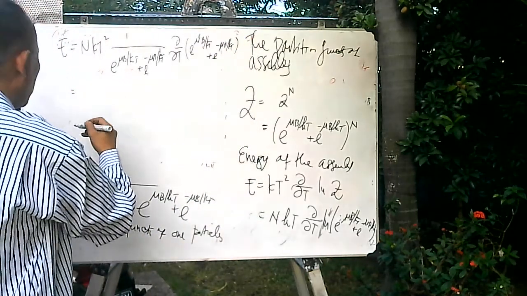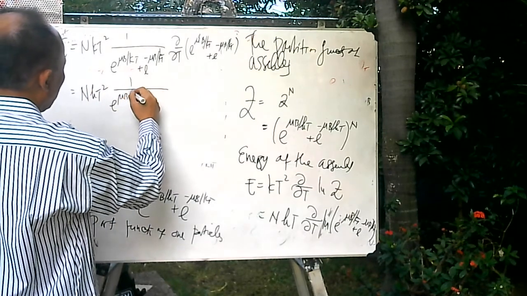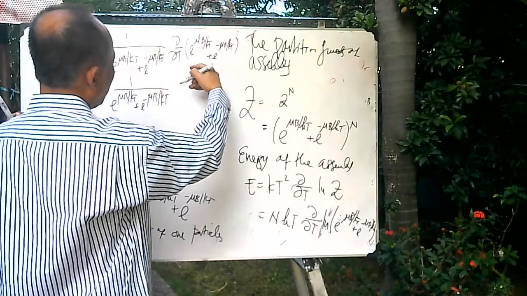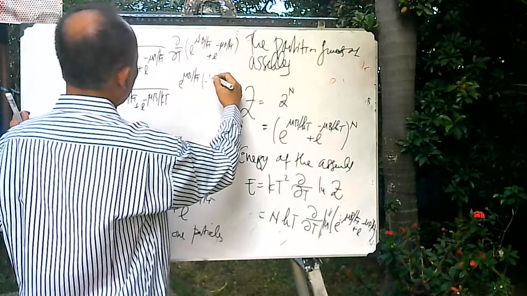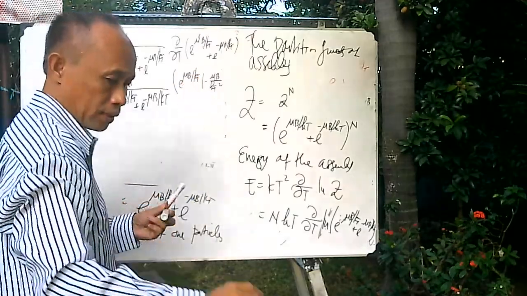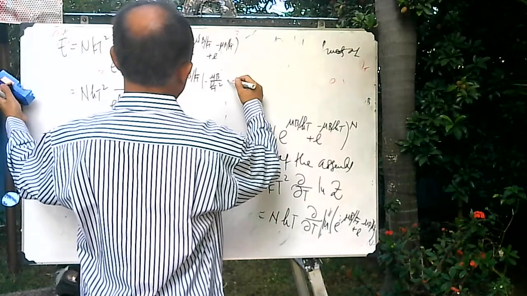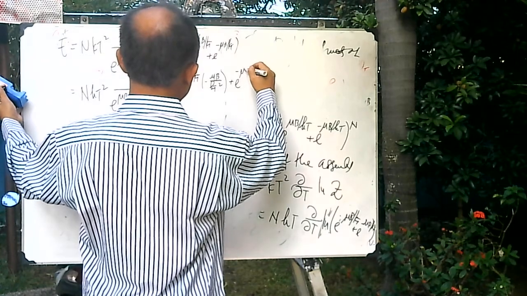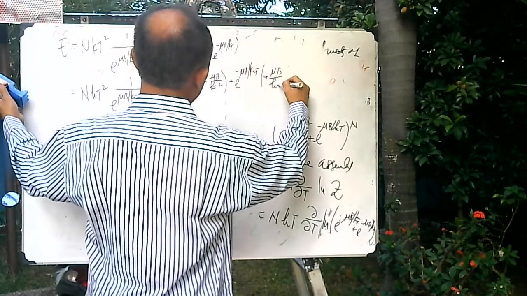If we calculate this, we have n kT squared times the derivative of exponent mu b divided by kT, which gives negative mu b divided by kT squared, and this one squared,